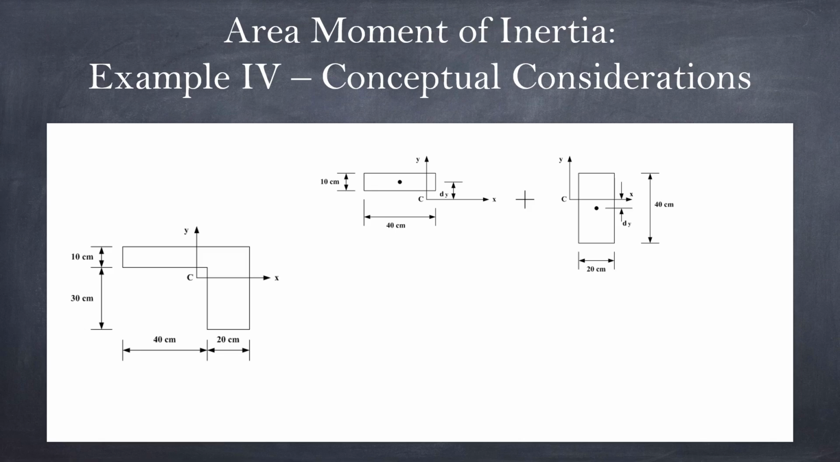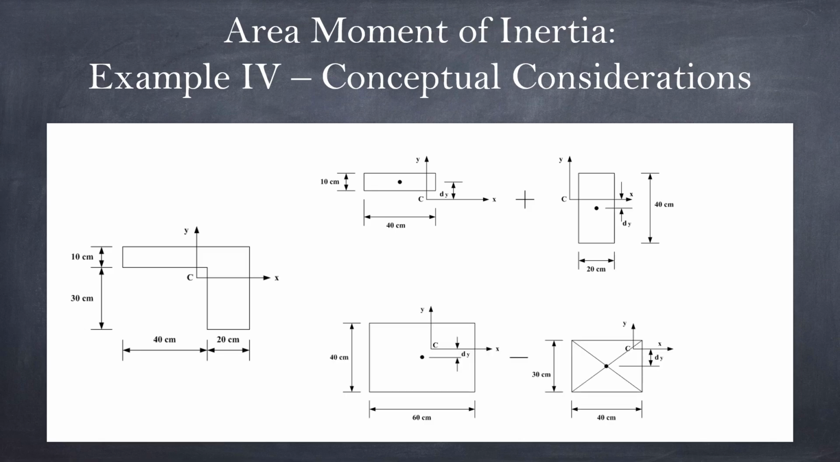However, we can also view it as a big rectangle and a hole. You notice that the left-hand picture now covers the height of all 40 centimeters and the base of all 60 centimeters, a solid block. Then we subtract whatever the hole is. In this case, the height is 30 centimeters and the base is 40 centimeters. Of course, they have their own centroid,